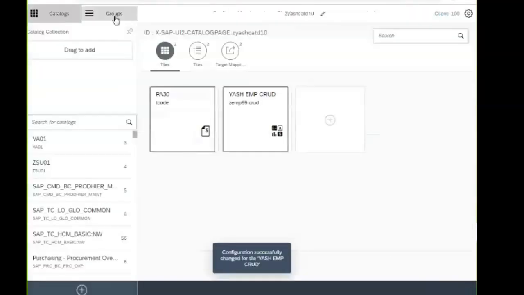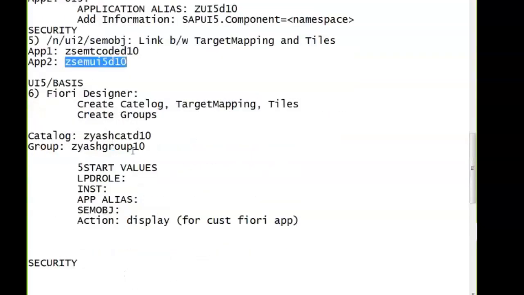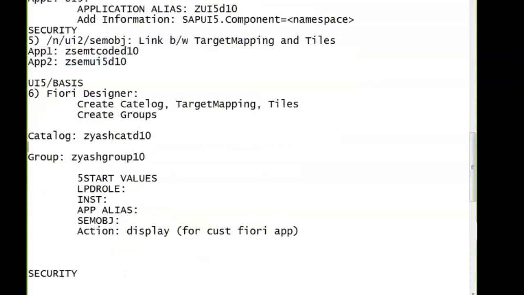We're almost done. So catalogs contain applications from different consultants. Groups contain catalogs for the selected apps. These contain apps from different consultants.